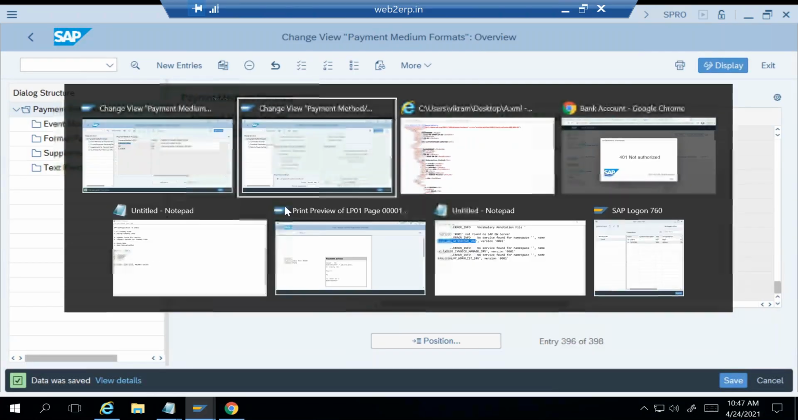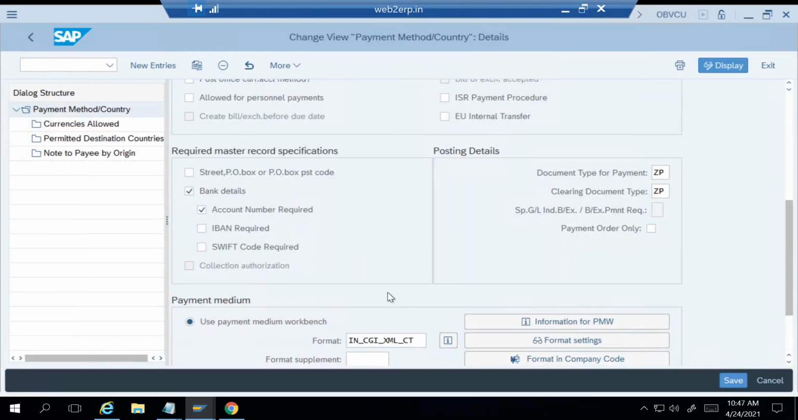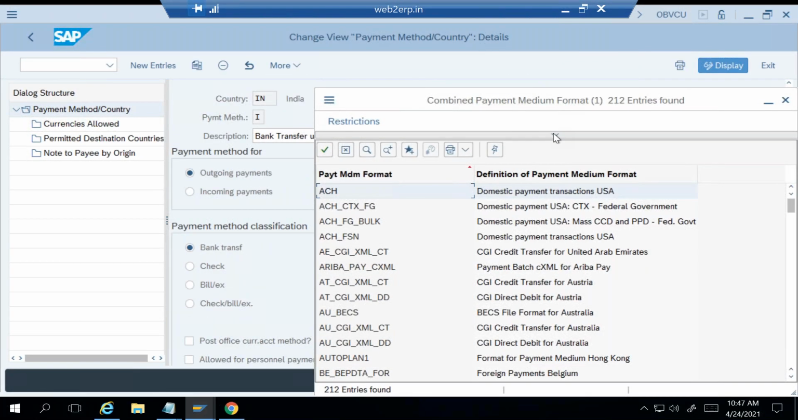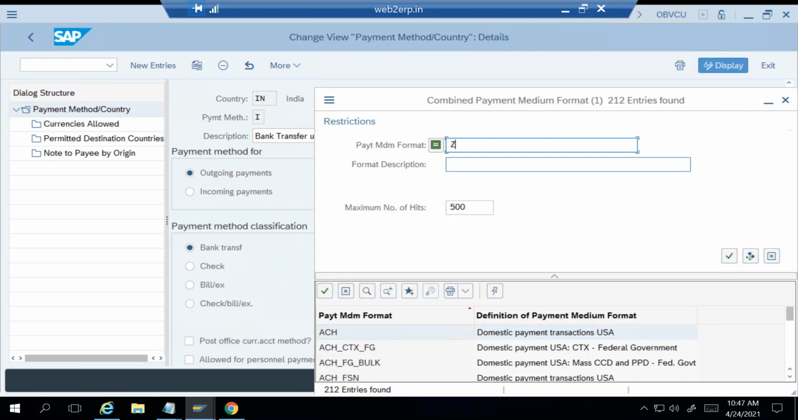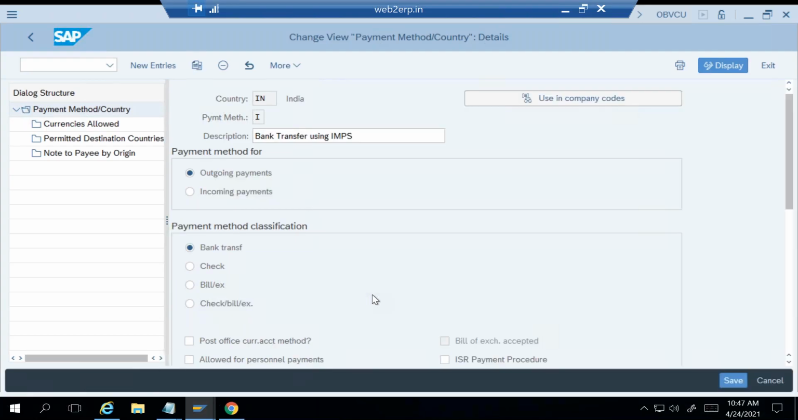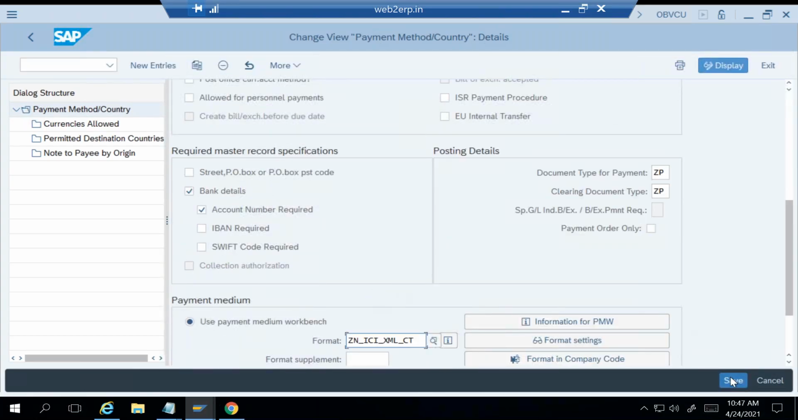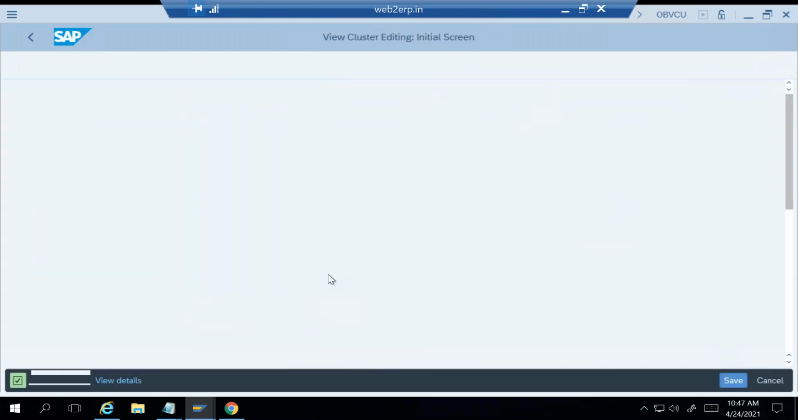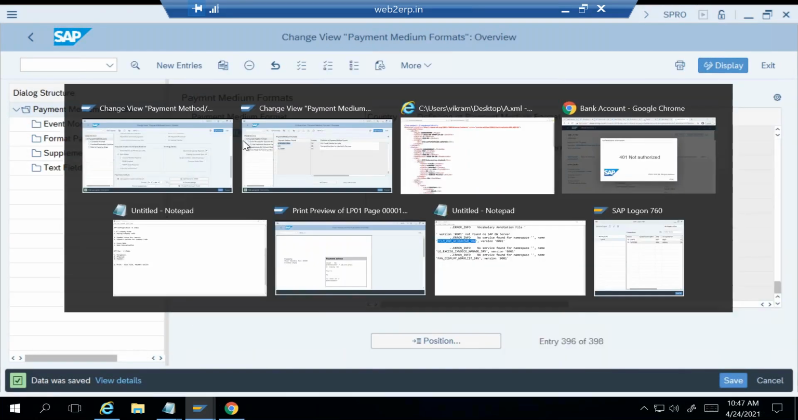Let's go back and try to see this format here, which starts with Z and star. This is the one you can see. Let's select it and save it. So this is number one. Number two,